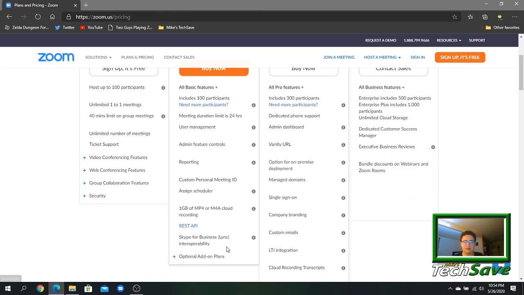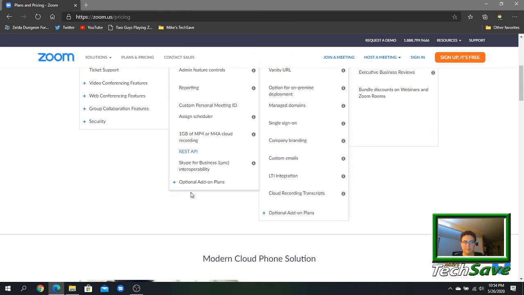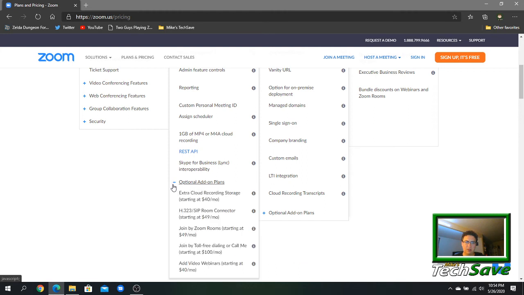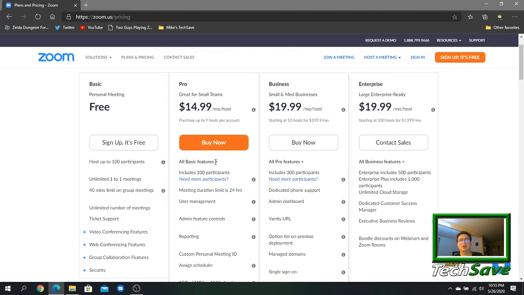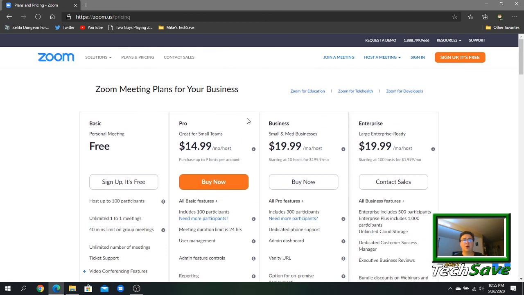You can click on the plus and see the additional optional add-on plans. So you can do extra cloud storage for an extra $40 a month. And then you see different things: Joined by Zoom Rooms, toll-free dialing. You can do all these extra features. They have different plans, and you can check the info icon, and they actually explain what they are if you need them. But honestly, most people just want unlimited time and to have so many people allowed in the room,